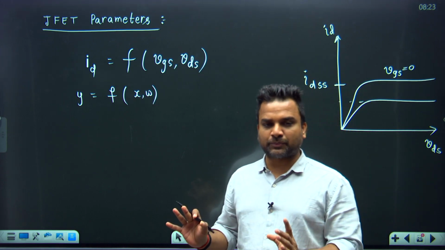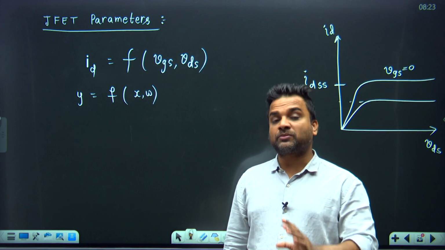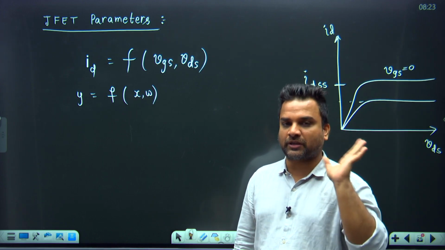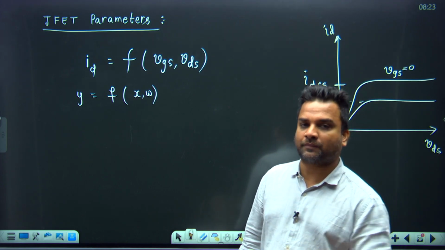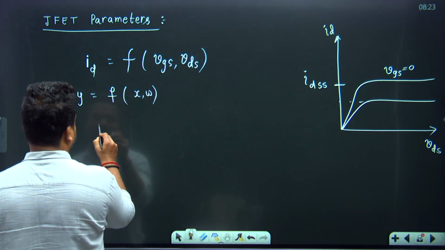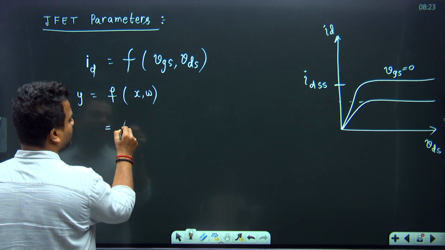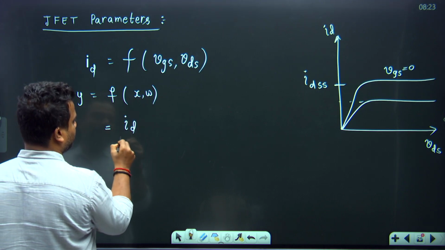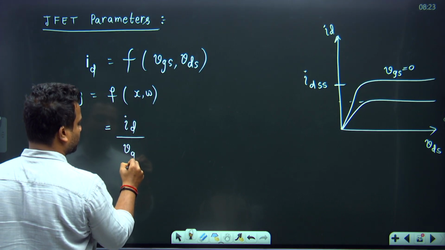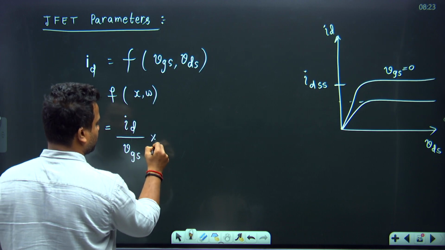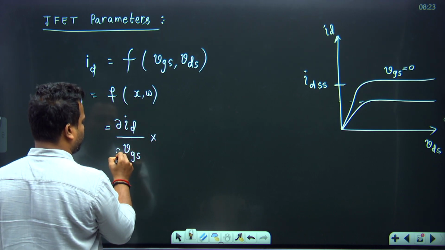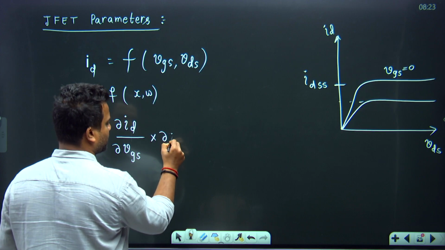If you represent it in a Taylor series expression and neglect the higher order terms, we will get the expression: dou ID by dou VGS into dou VGS